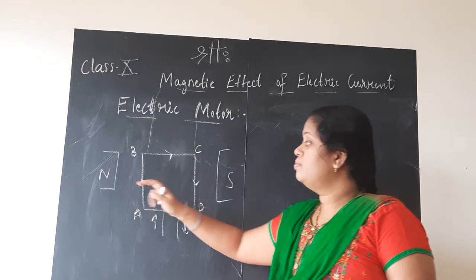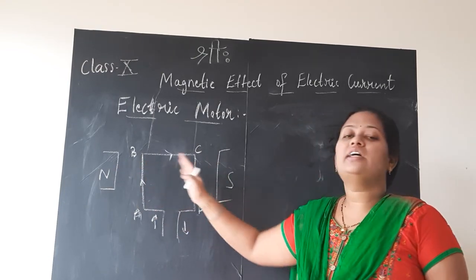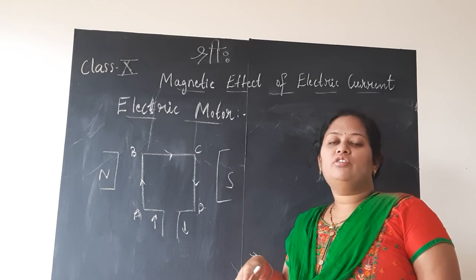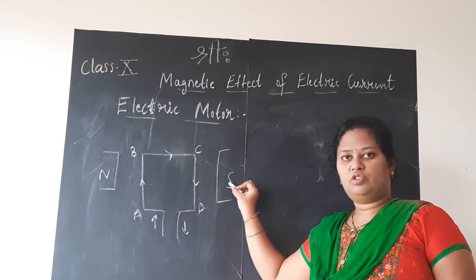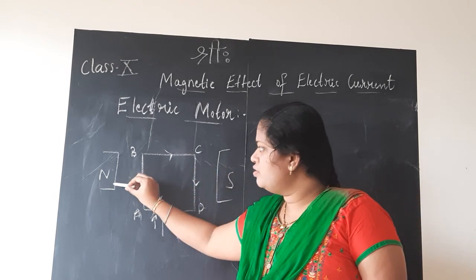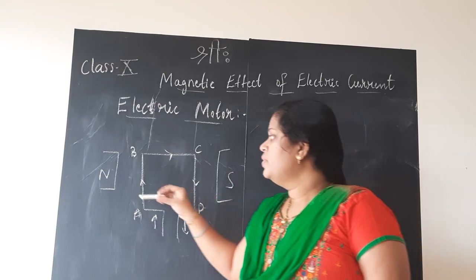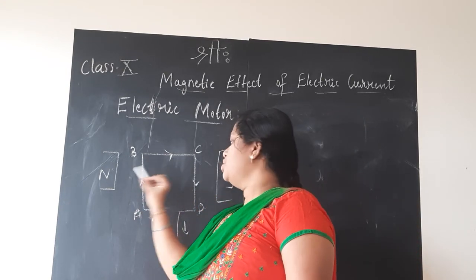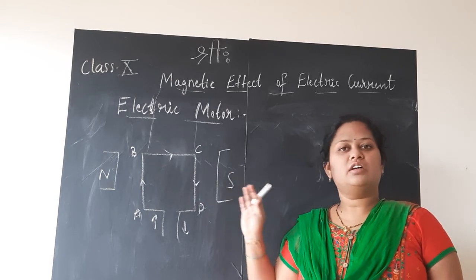The magnets are chosen in such a way that the magnetic field lines are uniform. We know according to the properties of magnetic field lines, the lines of force always travel from north to south. So the magnetic field is directed from the north pole towards the south pole, and the field strength should be uniform, children. Suitable magnets are chosen for that.